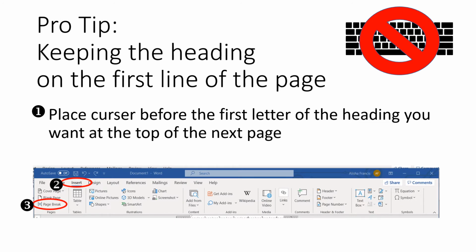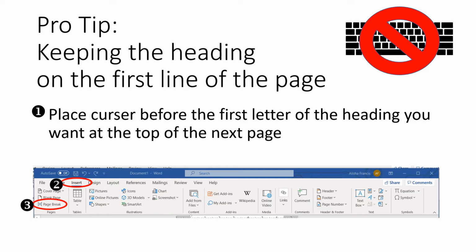One thing I noticed in a lot of student papers is the headings that are supposed to be on the first line of the page are often lower. A little lower or a lot lower. The easiest way to keep that from happening is to use the Microsoft Word tools to insert a page break in the text instead of hitting the enter button until the heading looks like it's at the top of the page. More specifically, to do that, delete any extra lines so your heading is below the text on the page